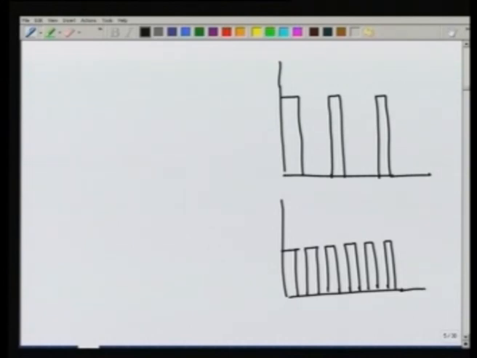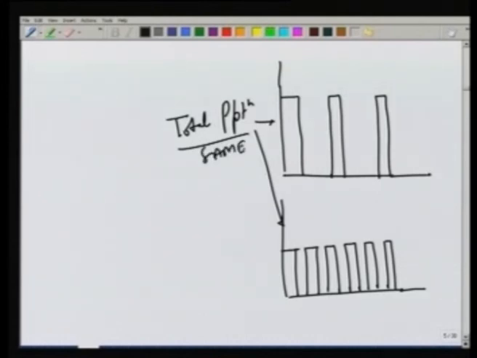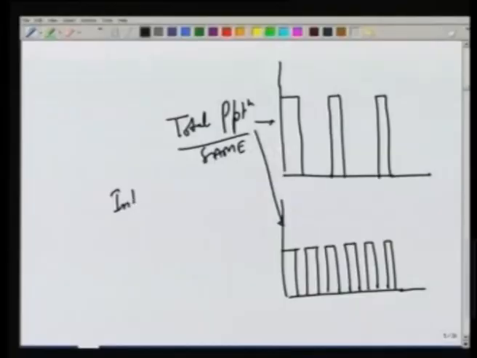So, suppose we look at this distribution where the storms have higher intensity, but there are only 3, and here there is half the intensity, but there are 6 of them. So, the total amount of rainfall, the total precipitation, is the same in both these events, but the amount of interception loss as a percentage of total precipitation will be much more